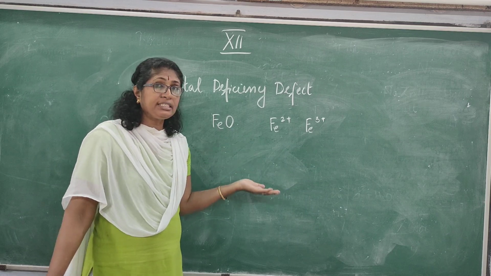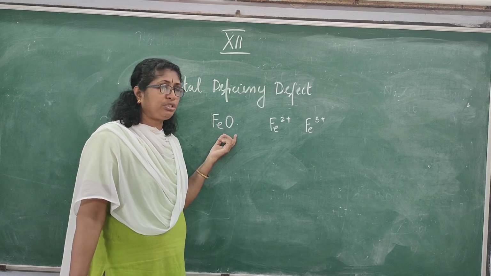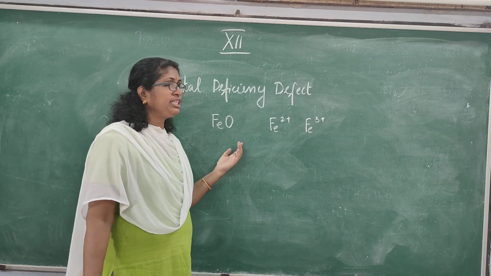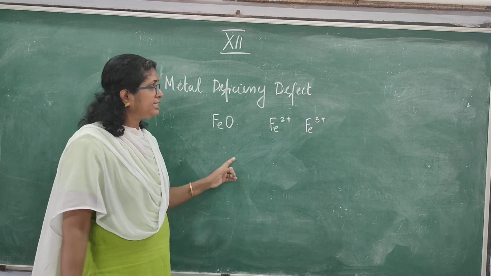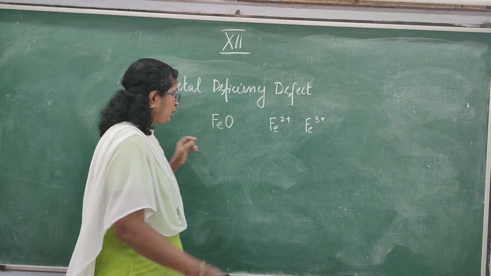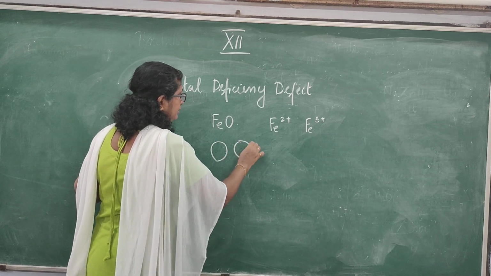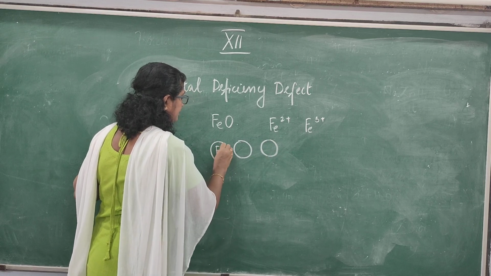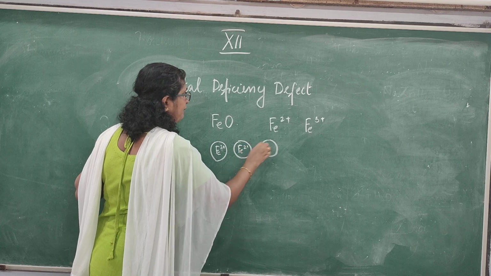So when FeO is crystallized, actually in FeO it is the +2 state. So when it is crystallized, some positions will be occupied by iron having 3 positive charges, that is Fe3+ ions. So instead of 3 Fe2+, that is Fe2+, Fe2+ and Fe2+,